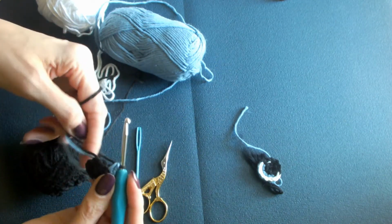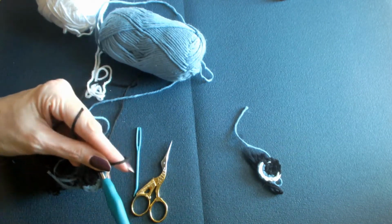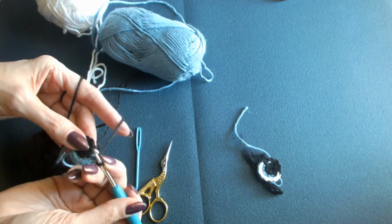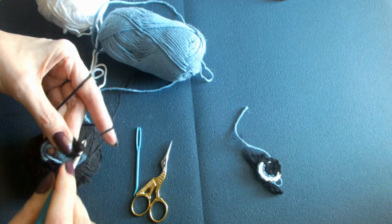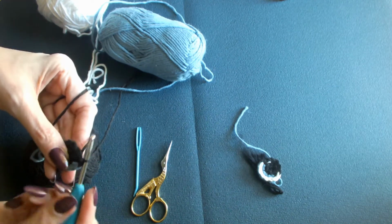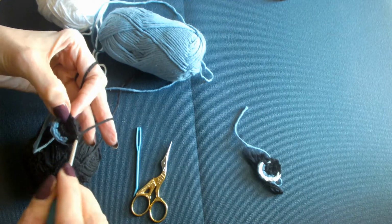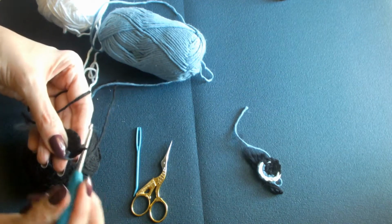So from here, I'm going to keep the yarn a little bit looser. And then instead of stitching all the way around like we have been, just to keep the yarn moving and to add more shape, we're just going to slip the stitch. So that just adds 1 strand of yarn 6 times. 1, make sure both those loops are on there. Kind of loose. 2,